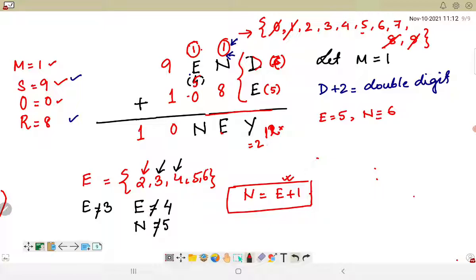That means Y is equal to 2 is possible. It goes up. And E is equal to 5 and N is equal to 6 is possible. So 5 and 6, these values are also taken out, and that means the value of D will also be understood as 7, right? So D also goes as 7. So the final result as of now that we have got here is